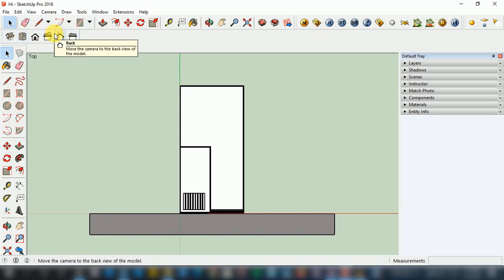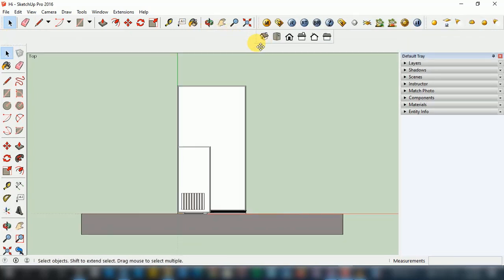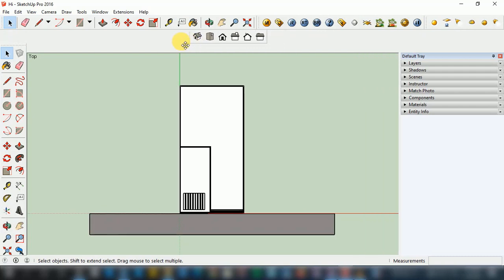As you can see, the user interface on which the standard view toolbar is visible here on the top left-hand side, and we can move it from left to right, as I'm going to do for you. From top left to right it is moved, and you can put it in the middle if you want. It's totally up to yourself. Whatever place you want this toolbar to be, you can just place it there.